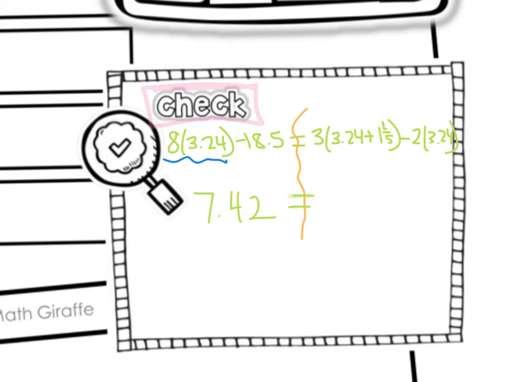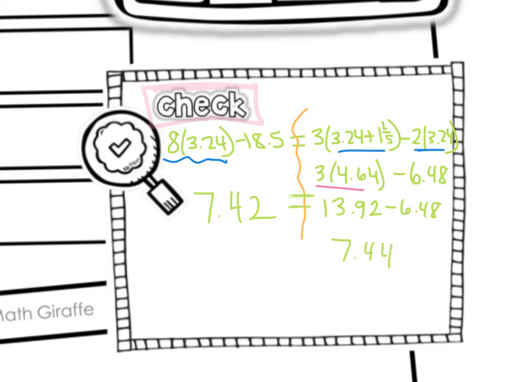And the right side's a little more complicated, but we'll go step by step. I want to solve inside the parentheses first. Okay, so I get 4.64 in the parentheses. And on 2 times 3.24, let me check that. Okay, so then I do 3 times 4.64, and I get 13.92. Now I subtract 6.48 from that, and I get